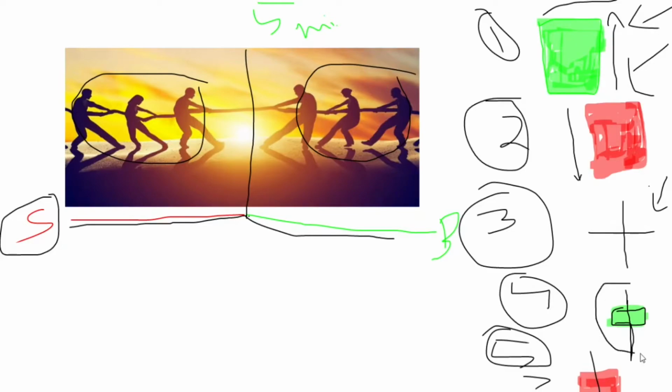In the fourth example, what happened? Even though sellers tried to pull the price to the downside, buyers put extra effort and closed that price on the upper side, that means their side, at the end of the 5 minutes. In the fifth match, what happens? Even though buyers tried to pull the price to their upper side, that means they wanted to make a green candle, the sellers entered and put extra effort and closed that price in a red candle and in a bearish way.